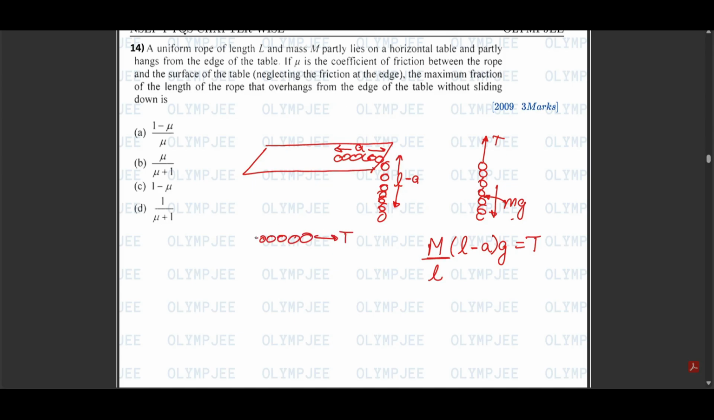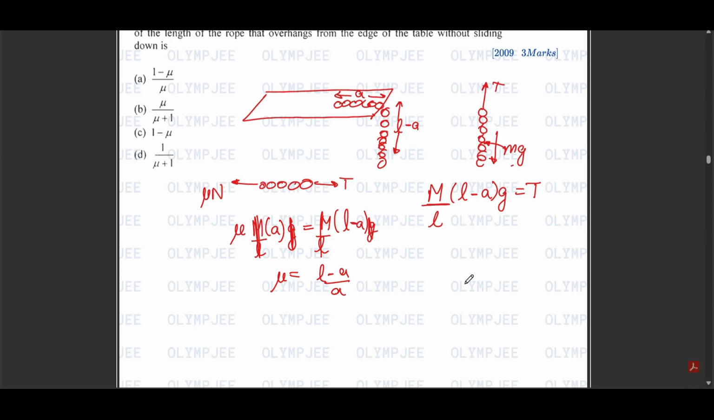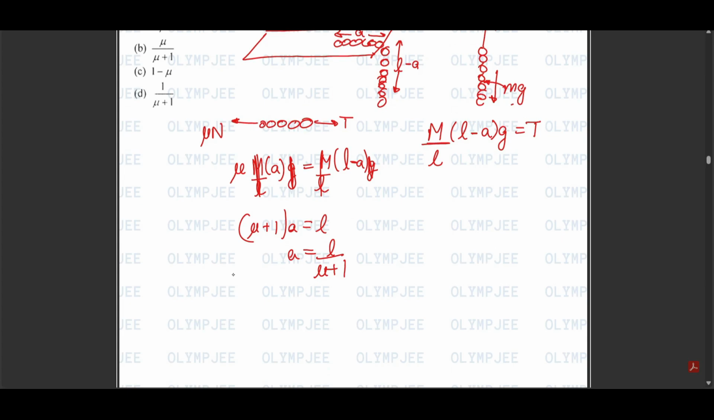So now on this part, the same tension will be acting here and mu N will be acting here. So mu multiplied by M by L multiplied by A, which is the mass of this, multiplied by g, is equal to M by L multiplied by L minus A g, right? So mu will be equal to L minus A divided by A. So we need to find the maximum fraction of length that the rope overhangs. So we need to find A. So mu plus 1 A is equal to L. So A is equal to L by mu plus 1, and the overhanging length, which is L minus A, will be equal to